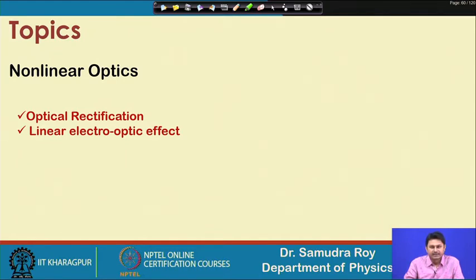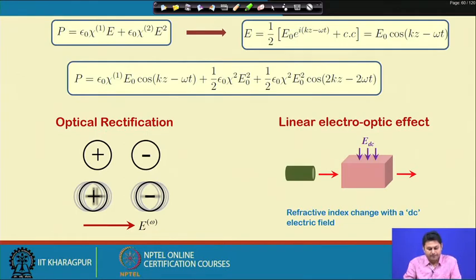the system, then the nonlinear polarization can generate different terms. So, nonlinear polarization has different frequency components. One frequency component is omega, another frequency component was 2 omega, and another term in the nonlinear polarization does not carry any frequency term. Today we are going to understand what this term is and how it is affecting the system. This is called optical rectification, as we already mentioned. So, this is the total picture of what we will learn today.